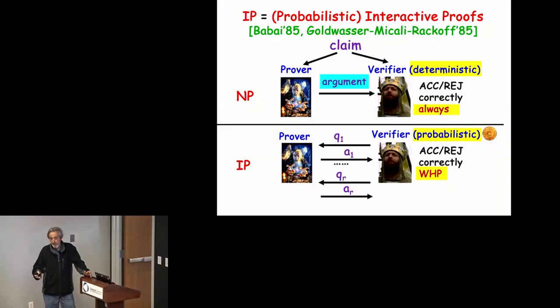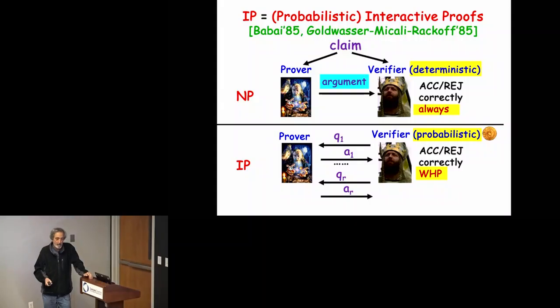Like maybe what happens when you discuss a math problem or a theorem with your colleague, you may ask clarifications. You go through an interaction at the end of which you are either convinced that the proof is correct or not. So that's the definition. That's the full definition. Interactive proof systems allow interaction, allow randomization by the verifier, and allow a small amount of error with low probability. So clearly it can simulate the classical ones. The question is how much more powerful are they?